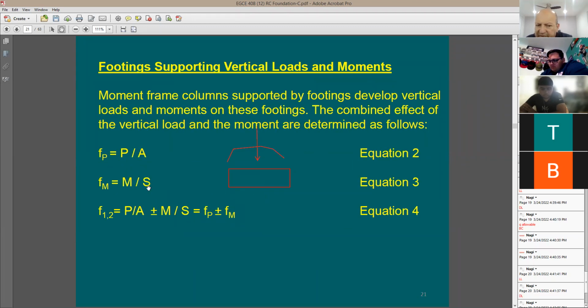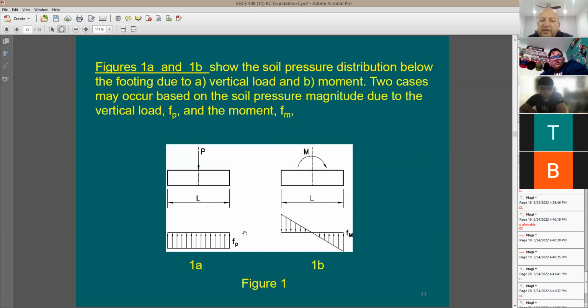F sub P and then F sub M. F sub P is going to be the stress due to vertical load. F sub M, the stress due to the applied moment. So, okay, here's F sub P, P over A. Here's F sub M. It's going to be M over S. So here it's going to be all compression, just P over A. And on this side, one side is going to be compression, one side is going to be